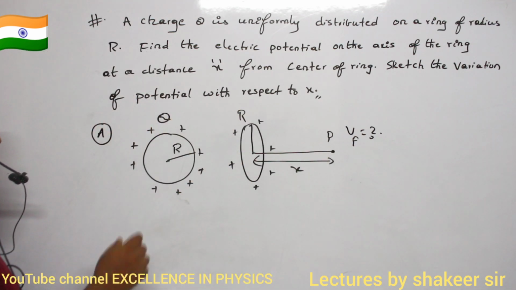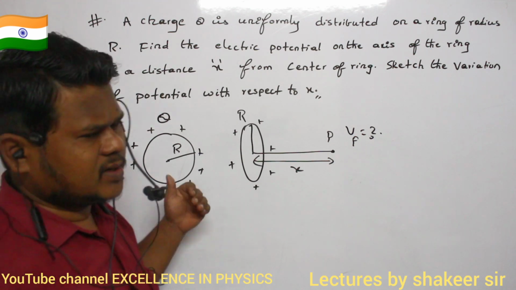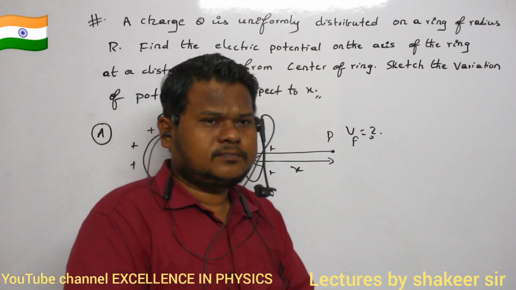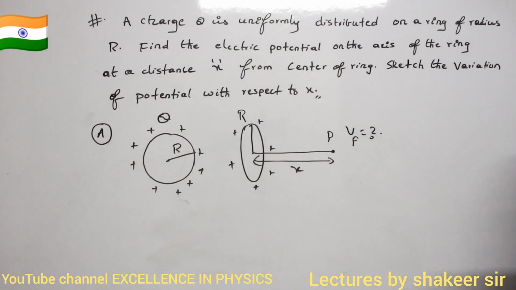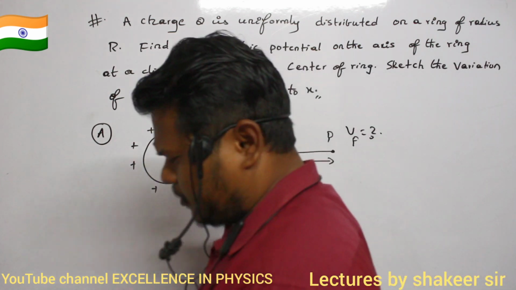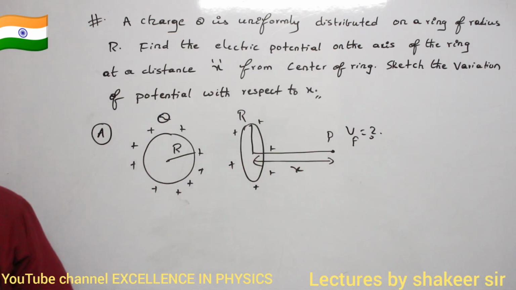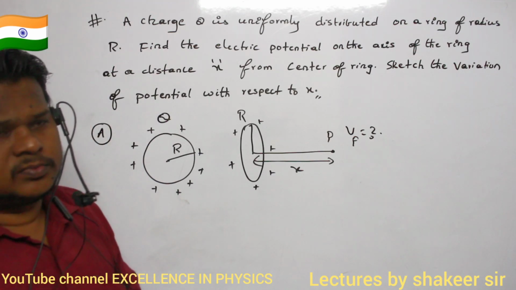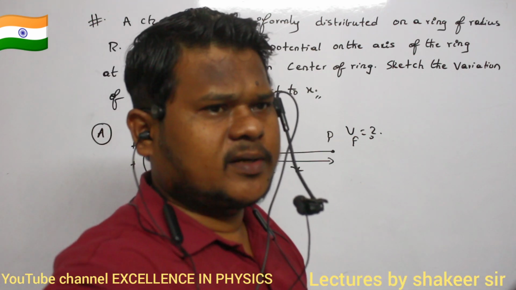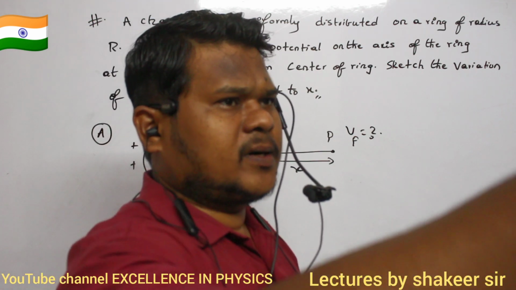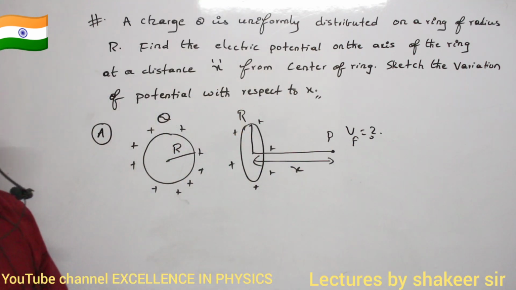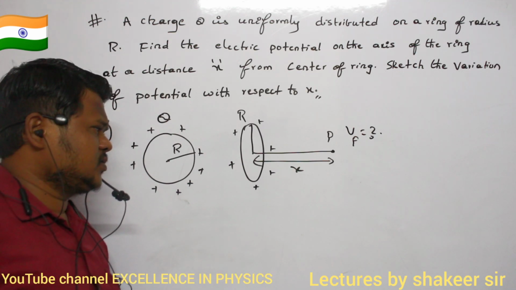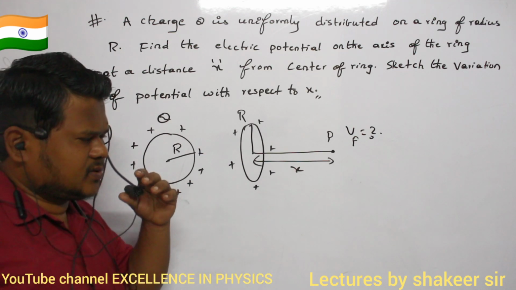Similarly, I want to draw the variation of potential with respect to x. Come on, can you say how can I do this one? So how can I calculate potential due to the ring at an axial point of the ring? Anybody, students in online, can you say? How can I calculate potential because of this ring? So these are very important models, so you should have an idea about how you should solve them.